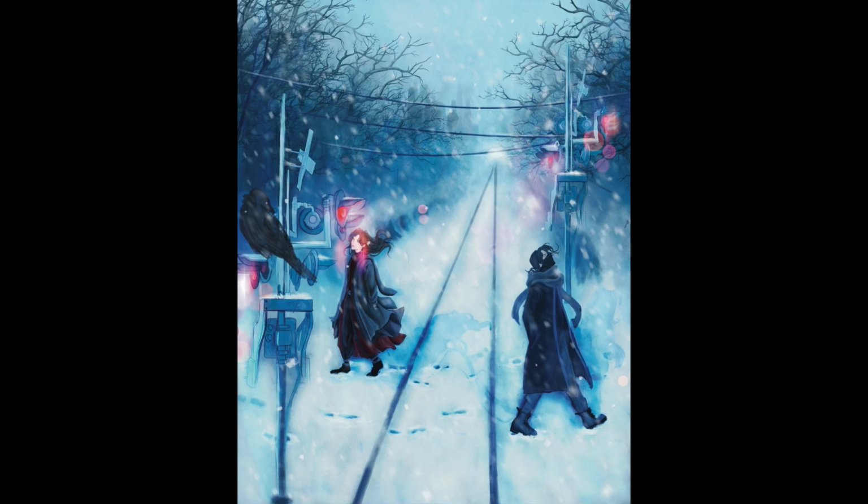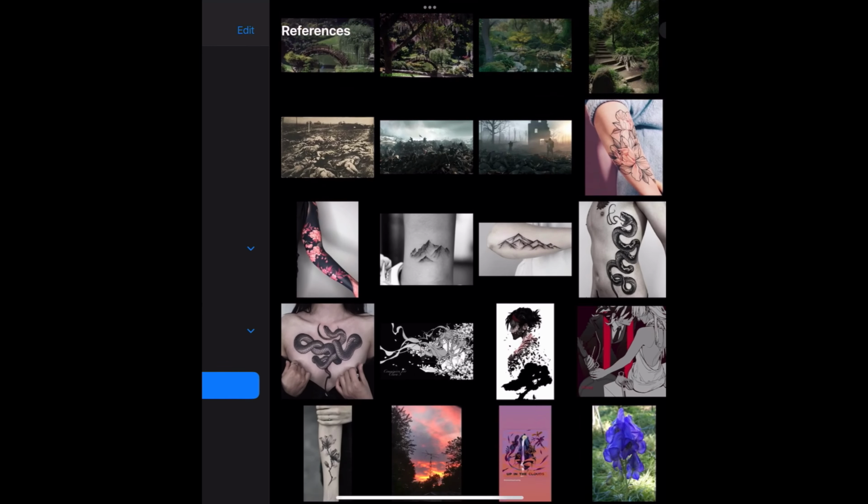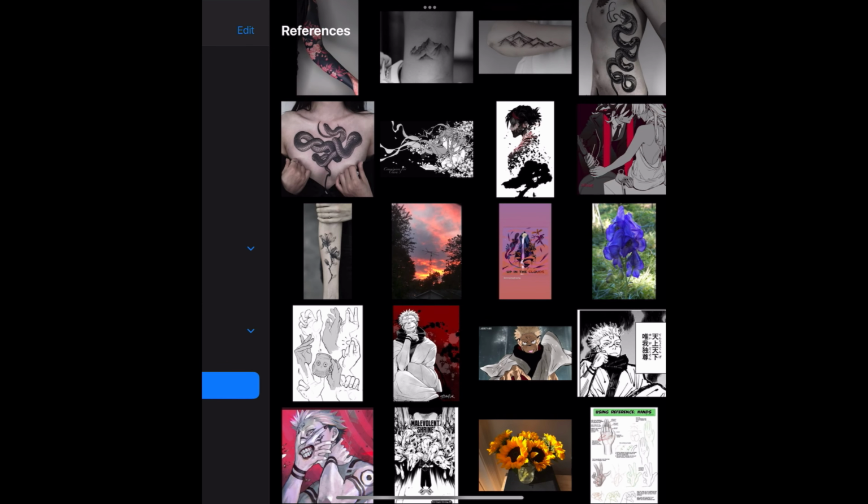And I'm going to use the piece that you see here and the time lapse for it to go over how I find inspiration and how I apply it to a piece. And you'll get to see everything I import for references as well. But we're going to start first by opening up my reference folder here, and I have pieces saved for every